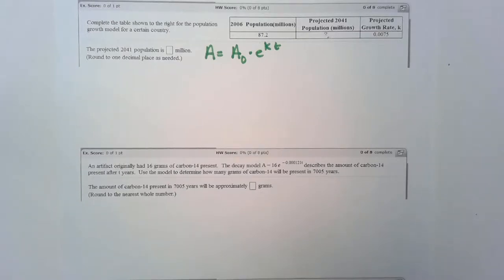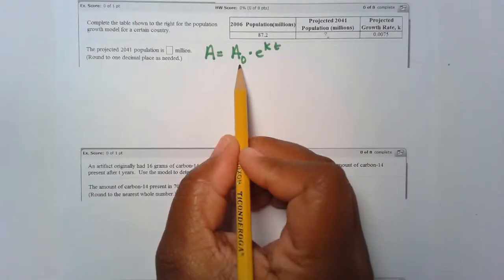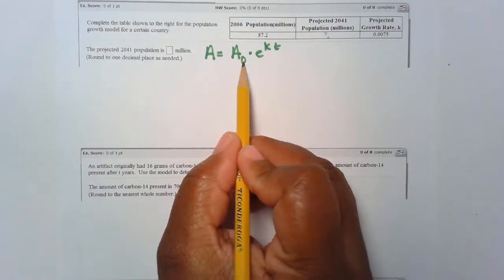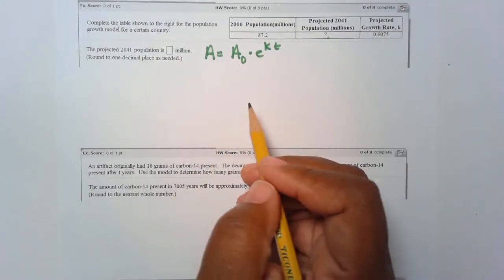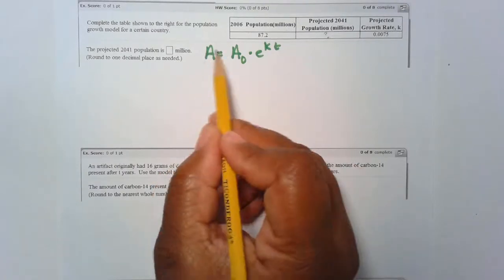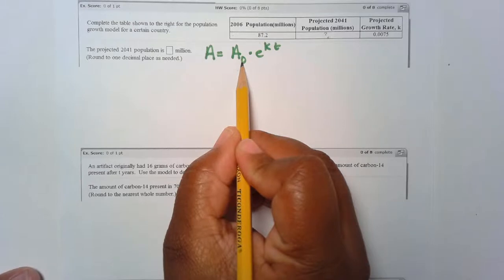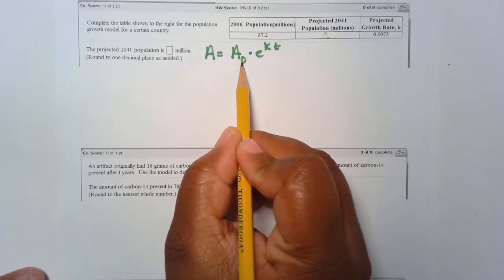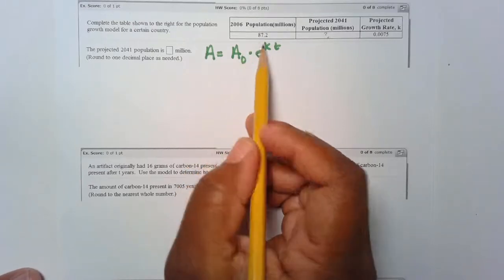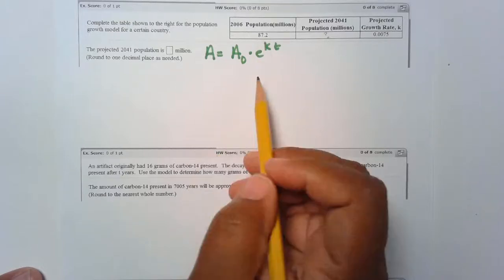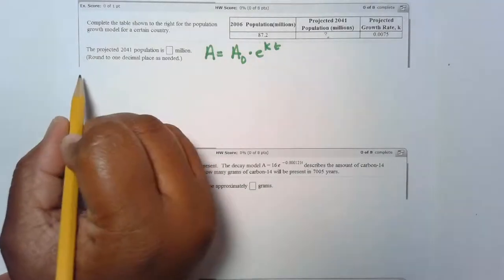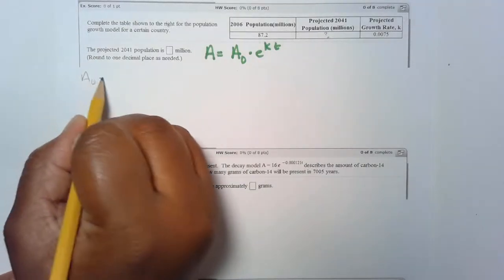If you want to go back to the beginning of section 4.5, we talked about what each of A sub 0, k, and t represented, as well as A, or we can say f of t. Well, remember this A sub 0 would be the value at the start, okay? Well, what was the starting population? That would be our A sub 0, which is